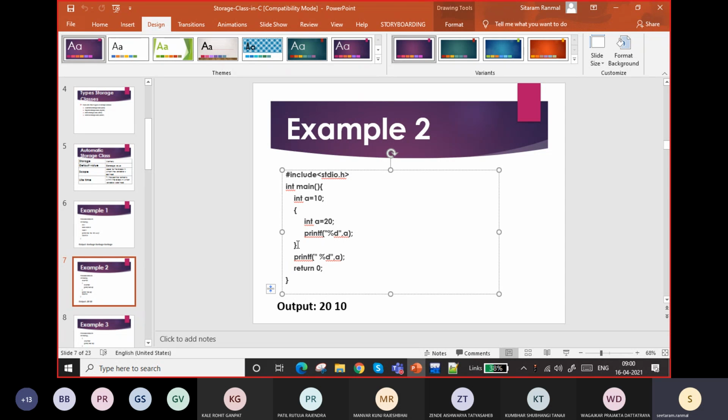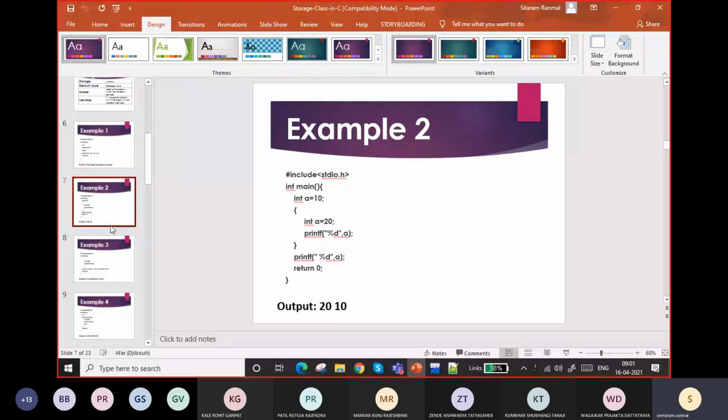You can say this a is available only within these curly braces, this block. Once we come outside this block, it is not available. Therefore, the output will be 20 first, and then 10. So 20 and 10 will be the output.